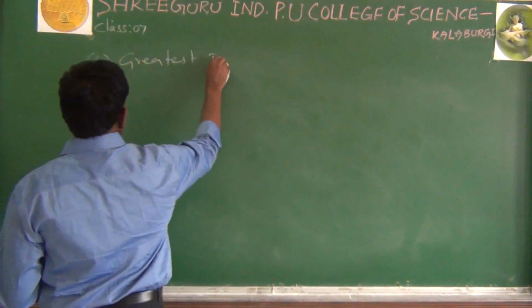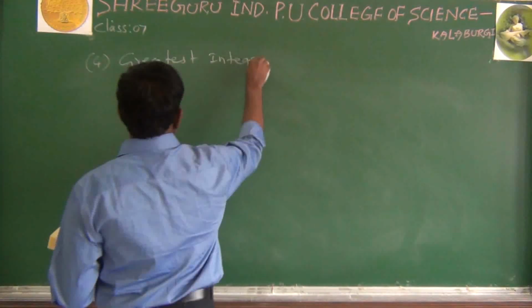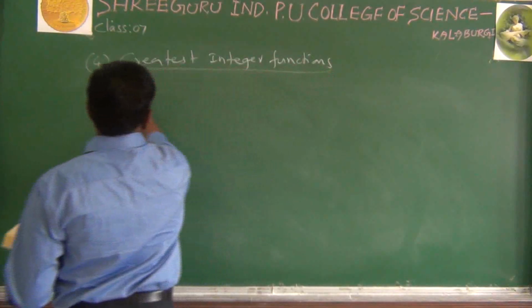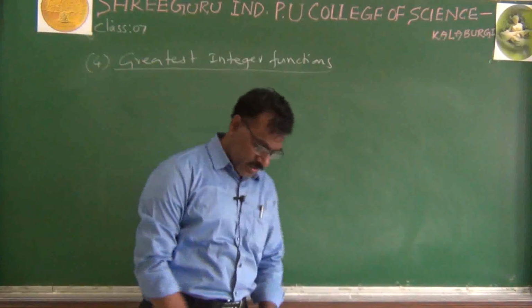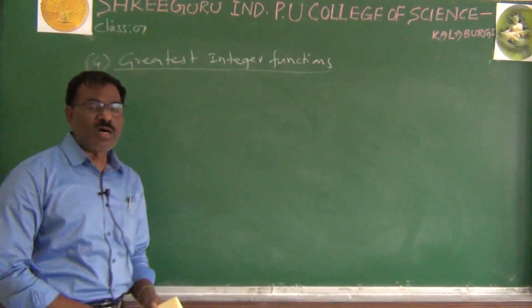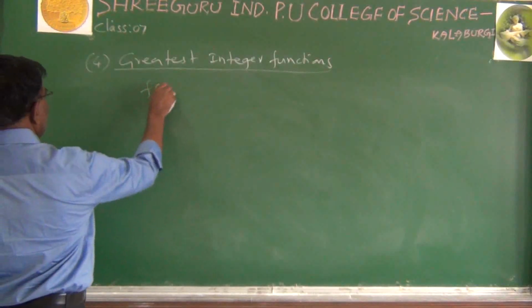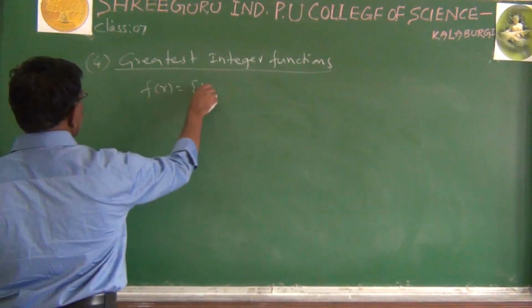Greatest integer functions. The function f from R to R is defined by f of x equal to, this is